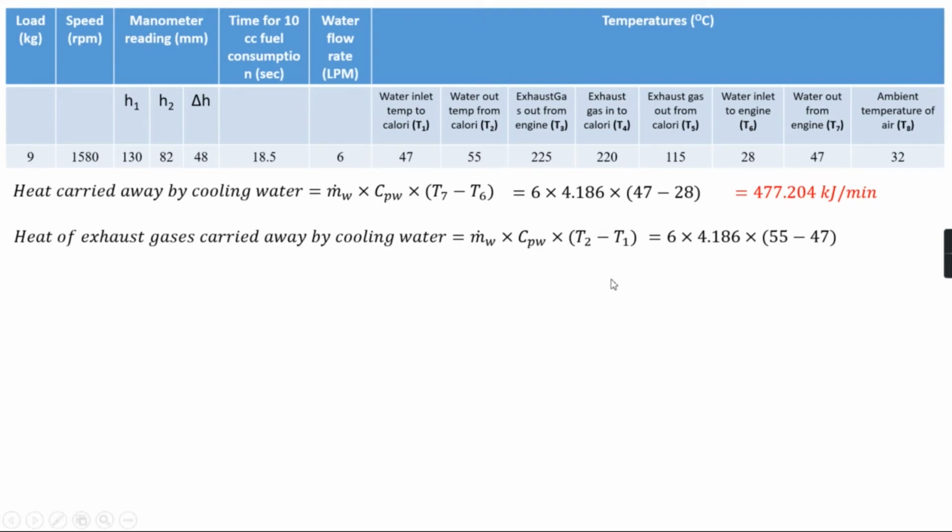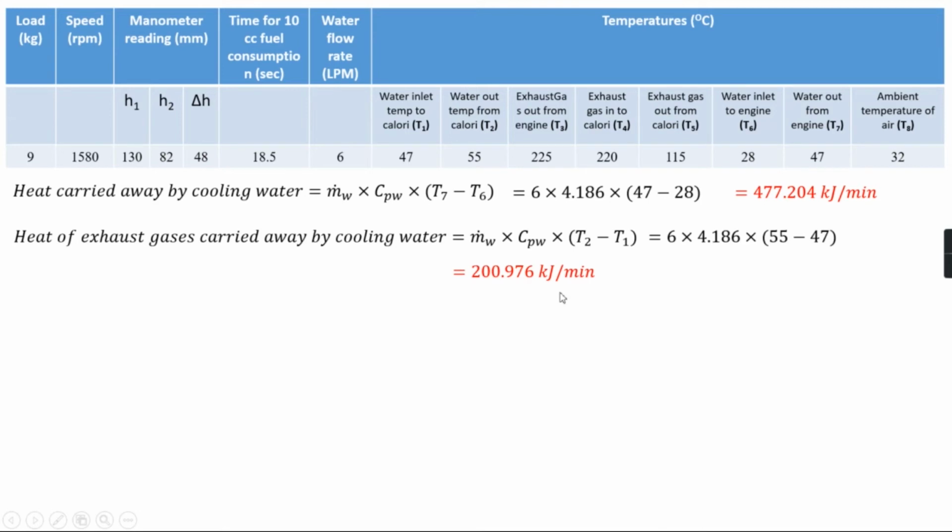What is T2 and T1? We have seen in the diagram that T1 is the temperature of the water which is coming into the calorimeter. T2 is the temperature of water going out of the calorimeter, which means once the water absorbs the heat, the temperature of the water will increase, and hence I am making it T2 minus T1. That is equal to